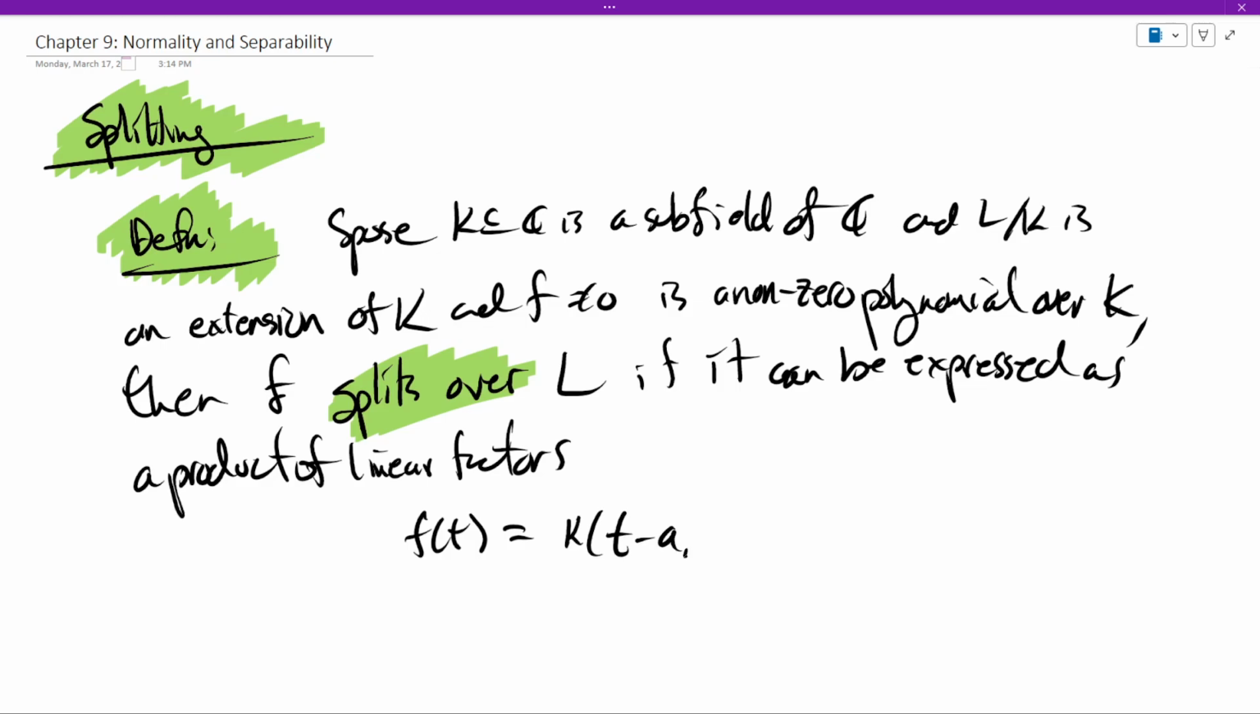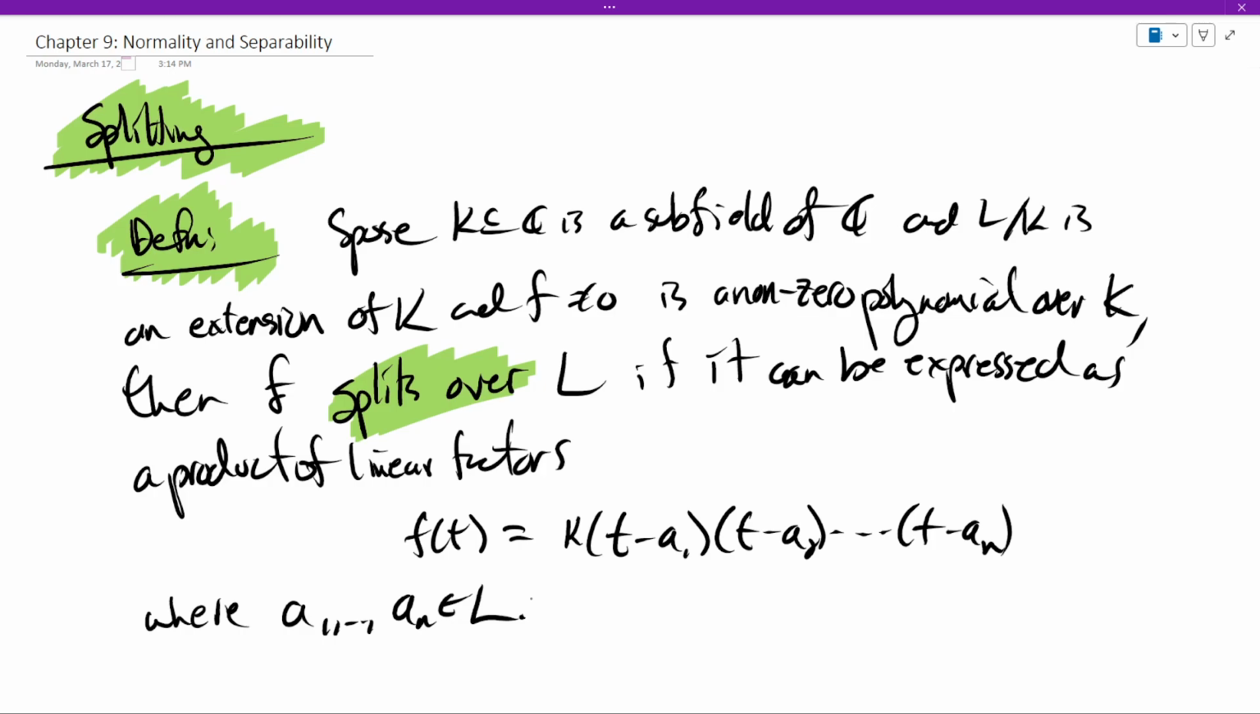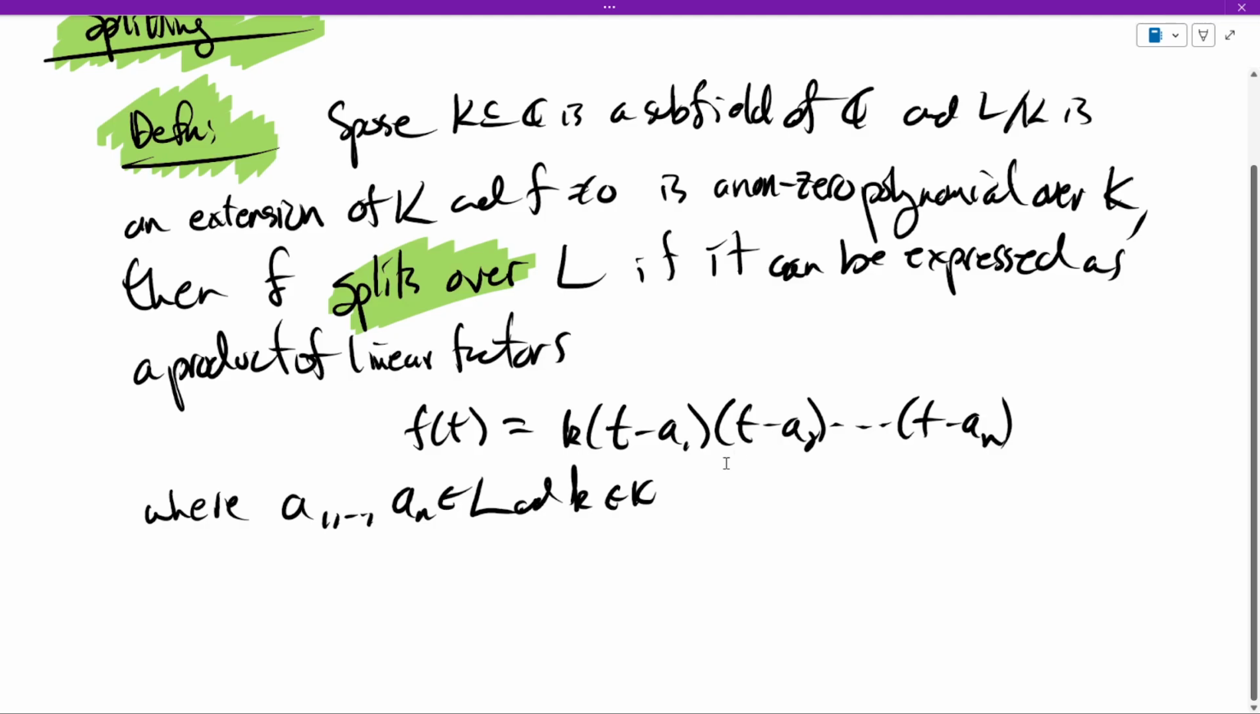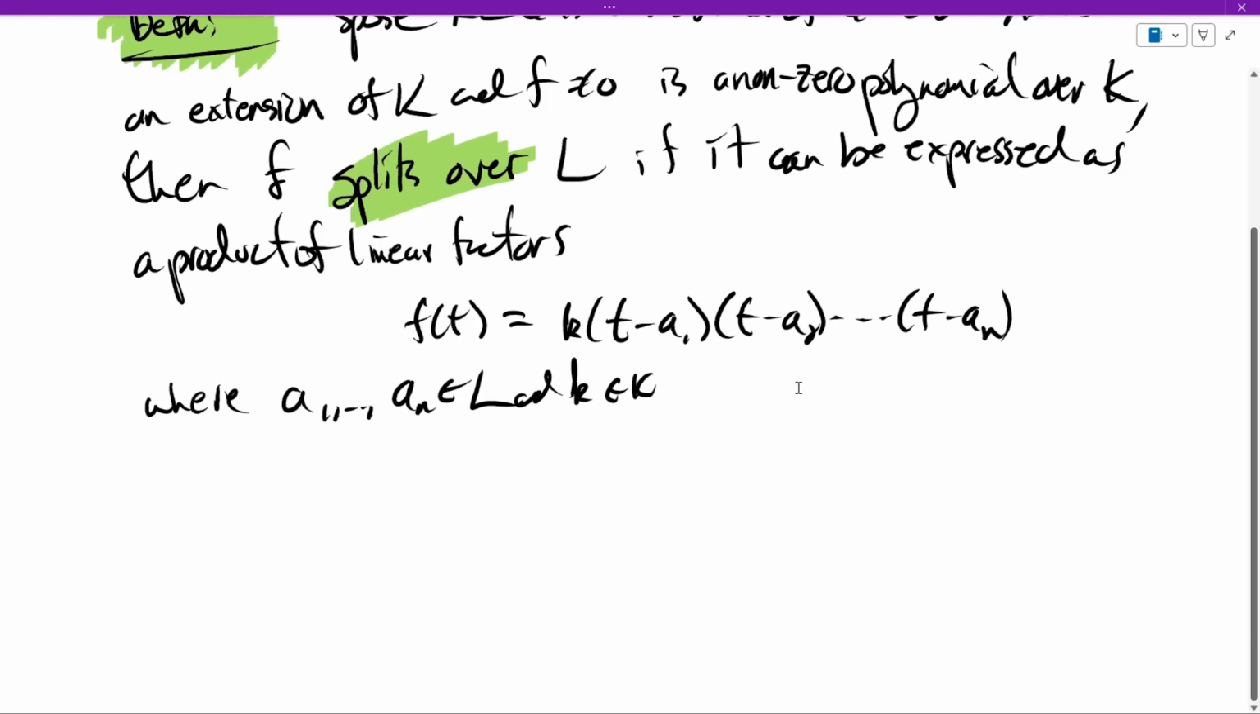So, of course, there's some leading coefficient, and then we have some linear polynomials where each of the a's are in L, okay, and the k is in K. All right, so we say it splits over an extension or a field containing L if it splits into a product of linear factors. Okay, so it breaks down as far as it can break down over L if we use those coefficients. So we know that, as an example,